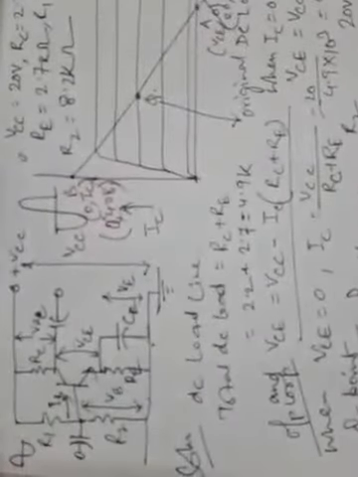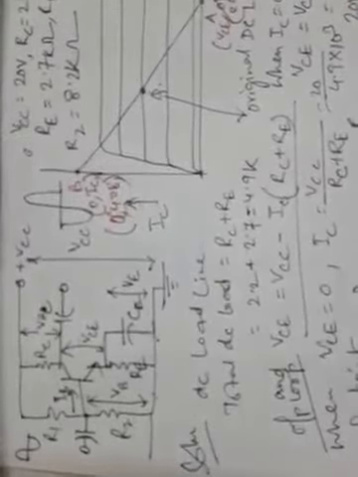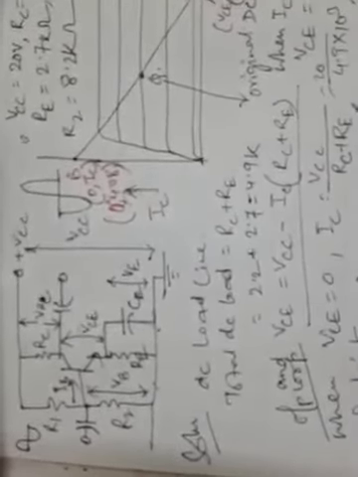So now we can write here 20 volt into, how much is R2? It is given as 8.2 kilo ohm. 8.2 into 10 to the power 3 divided by R1 plus R2. R1 is 18 kilo ohm. 18 plus 8.2 K, that means into 10 to the power 3. So you can calculate, you will get 6.3 volt. So VB is 6.3 volt.